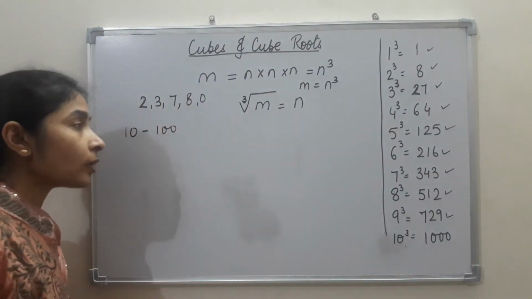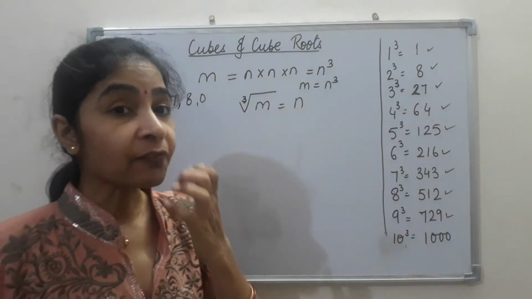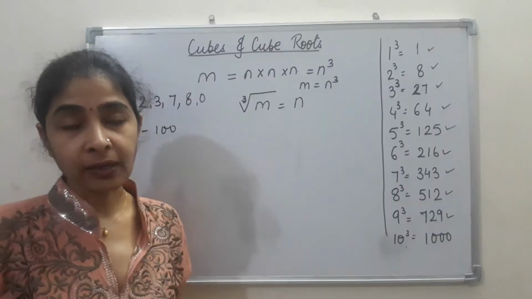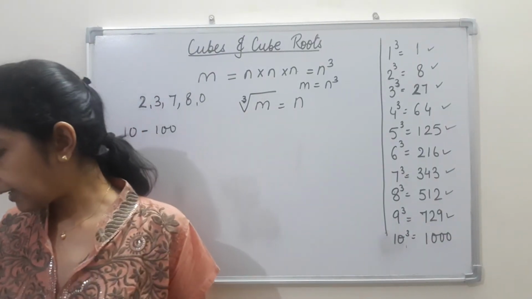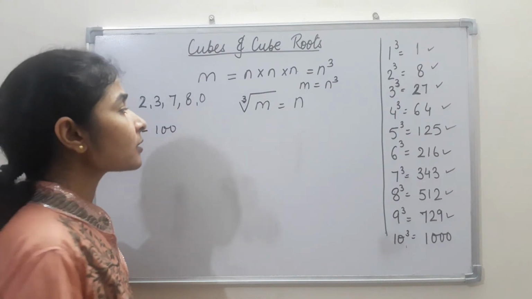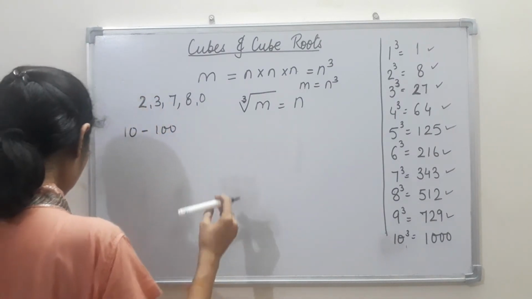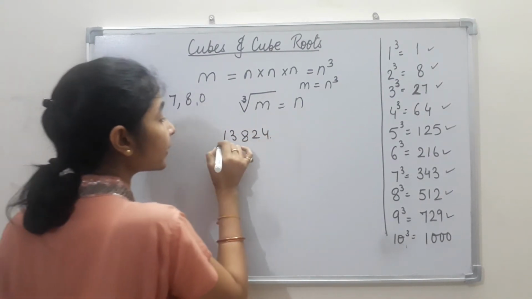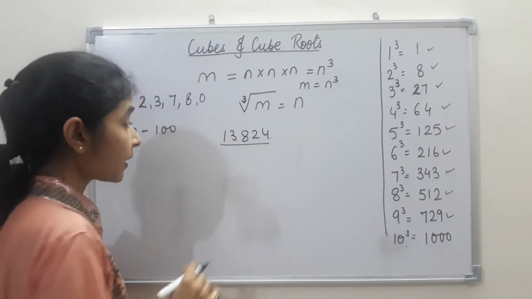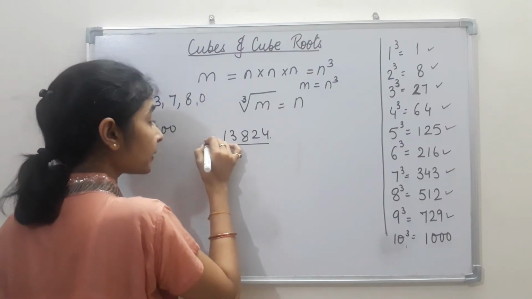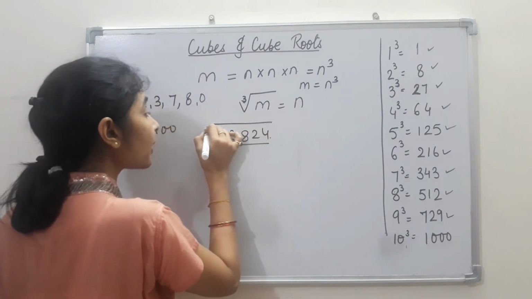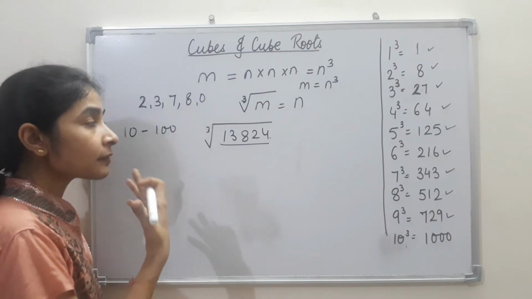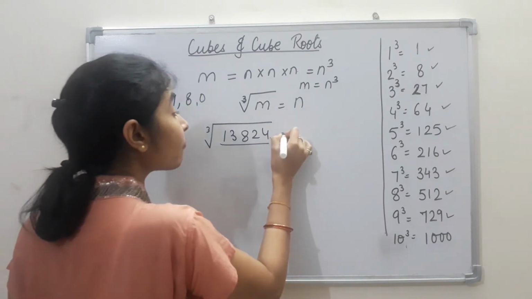But there is a shortcut method through which we can find out the cube of a number. Just estimate the cube of the number, and most of the times it is correct. Now what is that method? Let us see. Suppose I am given to find out the cube root of a number like 13824. It is a very big number, and I am saying that just by observing the number, we can calculate the cube root with the help of just judgment. So what is that method?